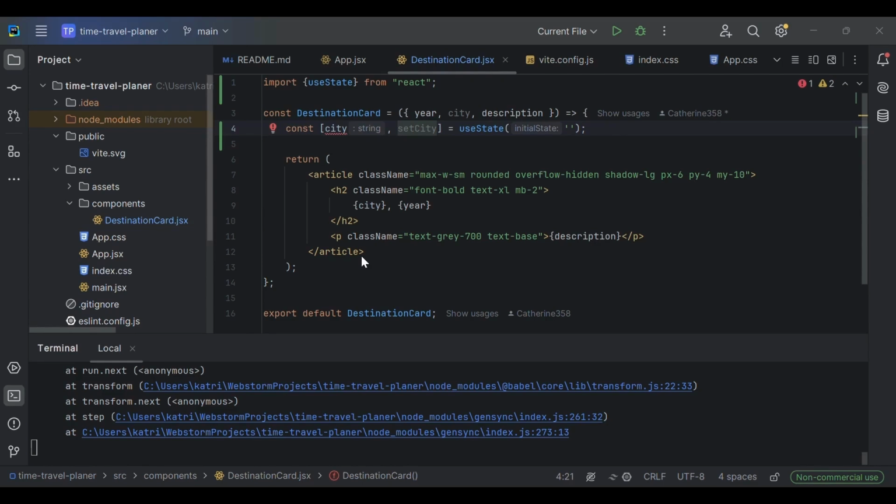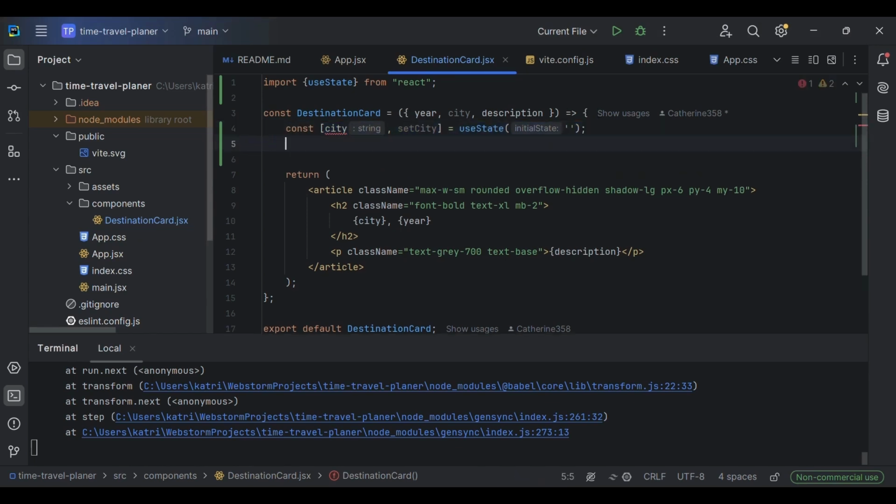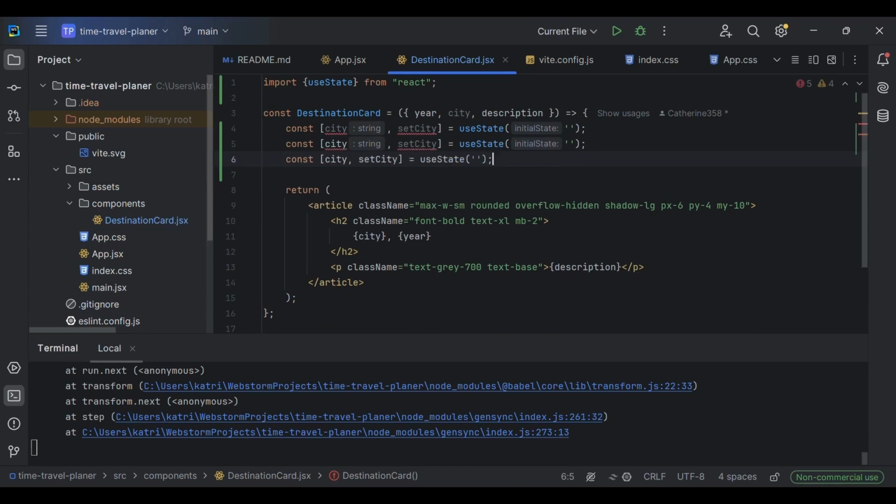We also know that we need two more things for our app. It's year and description. So we are going just to copy all of them and change the names. By the way, there is also another approach to useState